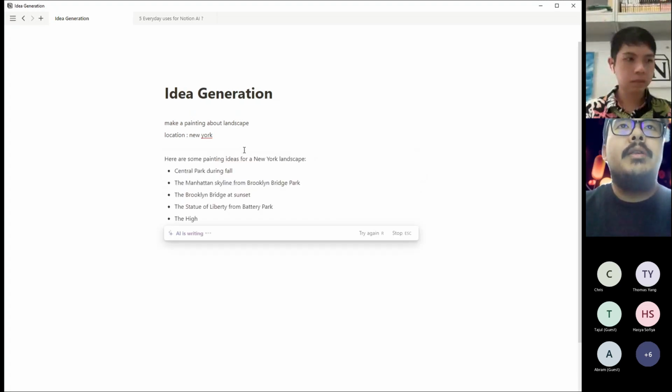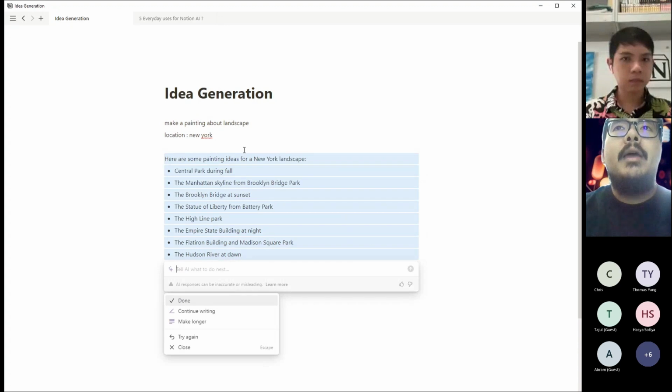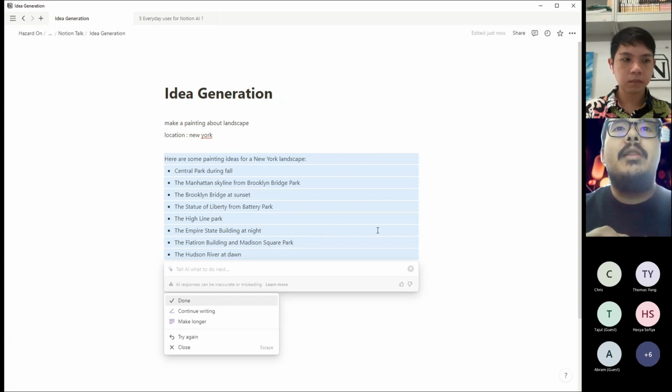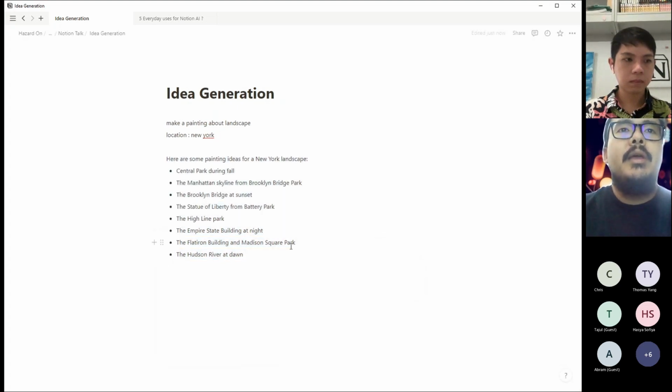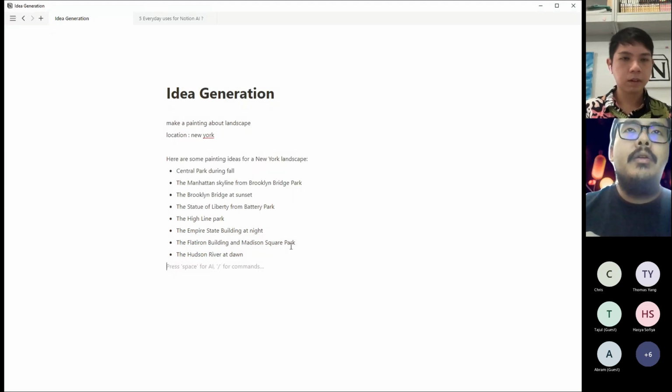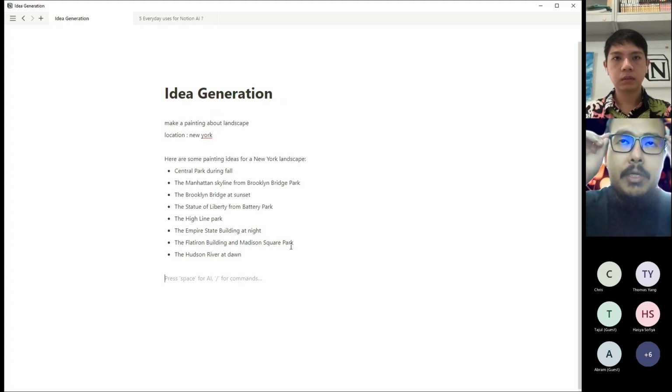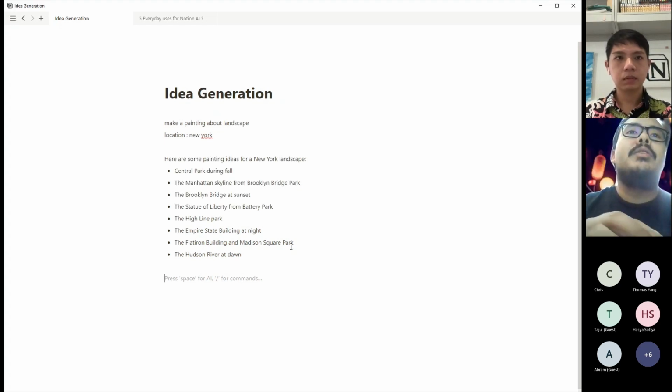So when you ask, it's just the same thing as ChatGPT. How do you use ChatGPT? But it's integrated. So when you have one page, you can link other pages, and everything that you ask the Notion AI bot is neatly organized into one page. So you don't have to, how do you say, scroll up and down like you do with ChatGPT, and you can reference it, and it's much easier.